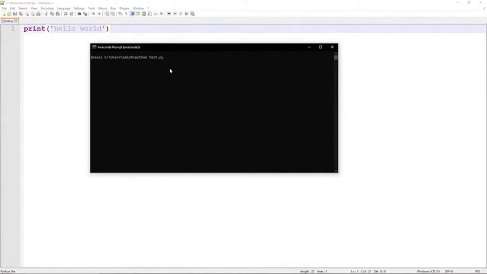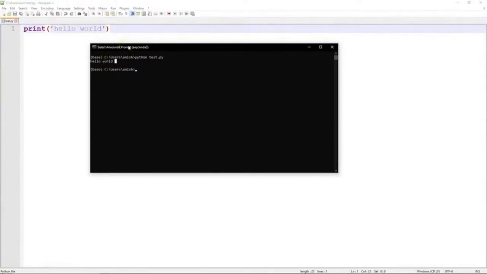If this was in a different folder, you would have to change your folders in command line, which is something that I might show you later. But since my file is already in the folder that I am in on my command line, I would just have to enter this command right now. If I execute this, as you can see, it's given me an output of hello world, which is what I wanted. I wanted it to print these two words. And of course, the command line is now waiting for the next command. So this is one of the most rudimentary ways of executing a Python script.